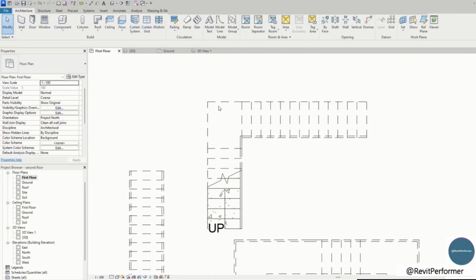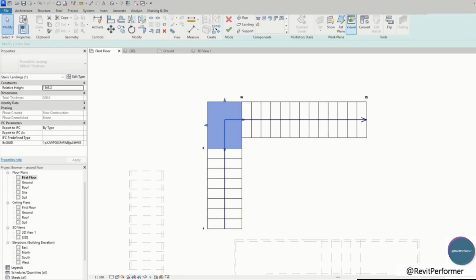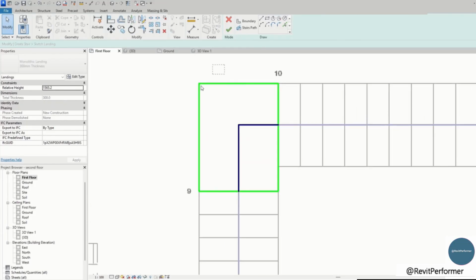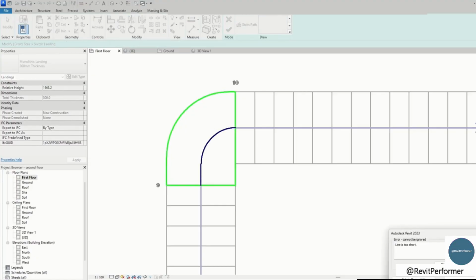Now I want this side to be circular. I'll select this part and I'll click on Convert. Now it's been converted. So now I'll go Edit Sketch. I want this line to be an arc, so I'll simply select Fillet Arc. You can have a manual radius, or you can simply select the first line, the second line, and go for your arc like this. Do the same with this. Select here and do Fillet.